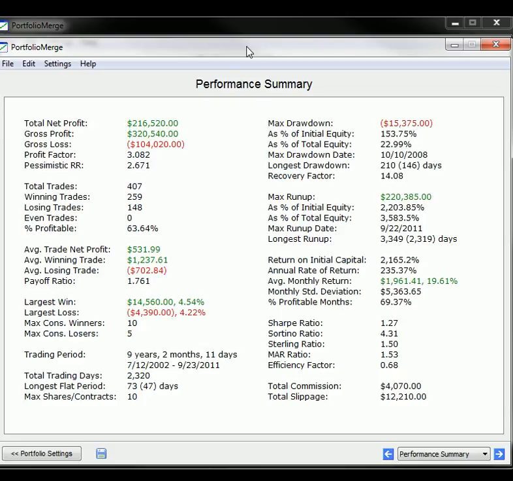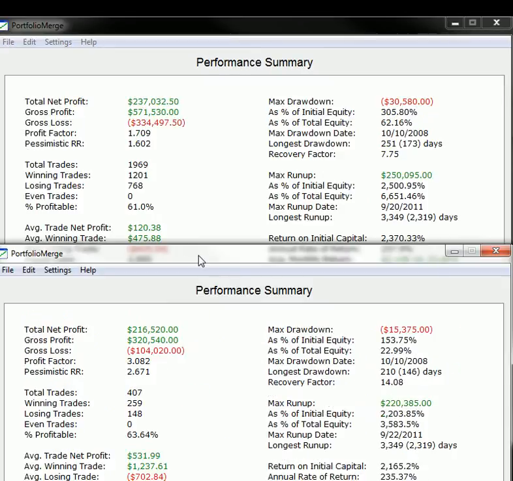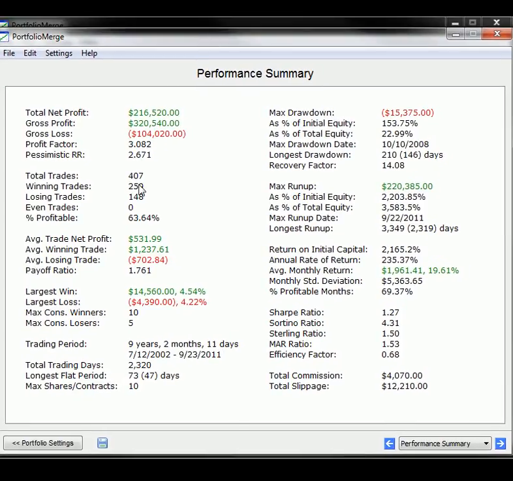So actually, you can now look at the average trade net profit. It goes from 120, 2,000 trades, down to just 400 trades. Your average trade net profit jumps to 531. So really, we've been looking at a way to do this. Finally, thanks to one of our long-time partners, we've gotten a way, and we are actually over 20 minutes, so